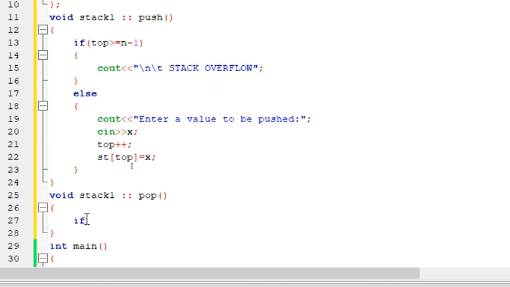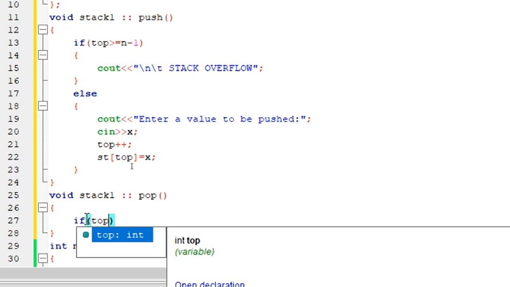The same way, if you're going to remove any element, we have to ensure there are some elements inside the stack. If there is no element, what is the point of pushing anything? I'm sorry, popping anything. You can't pop any value if you don't have anything inside the stack. So I need to ensure whether we have any value inside the stack. Use the same top for any condition that you're using. Top is quite important. I need to make sure whether we have the element or not. If there is no element, I have to give a statement, no element in the stack. Where will the top be if there is no element in the stack? Top will be at -1, isn't it? If there is no element, no stack, top will be at -1.